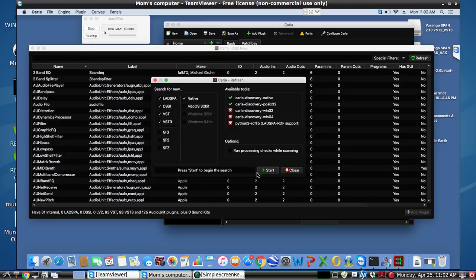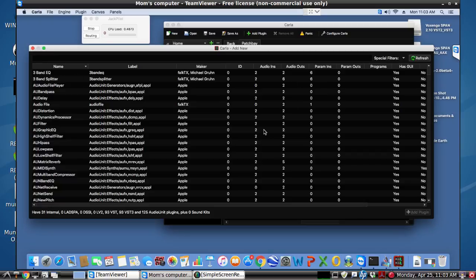And let's see if this will do this so you can see what it looks like. Then it'll scan those folders that you saw in the configuration tab. It'll take a minute or two or less, depending on how many plugins you have. Okay. Then let's go ahead up here and scan for M